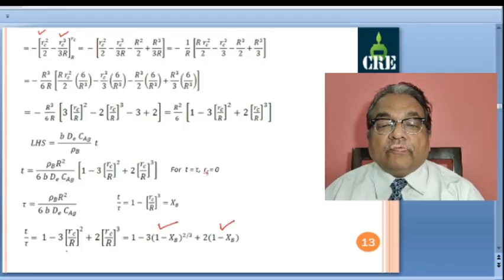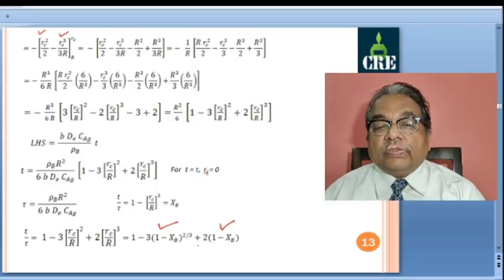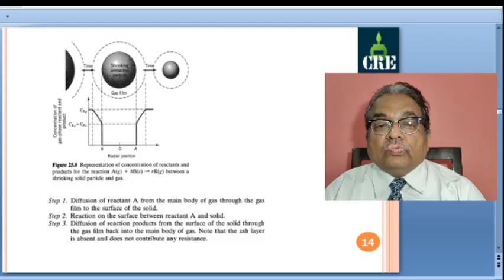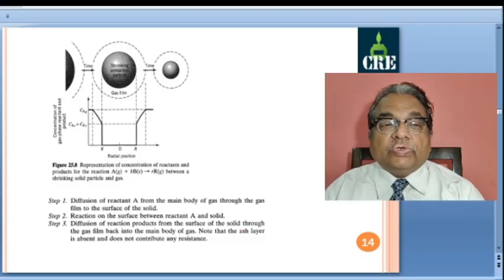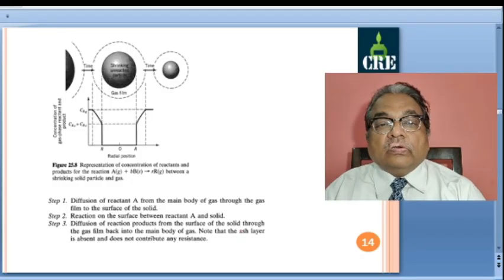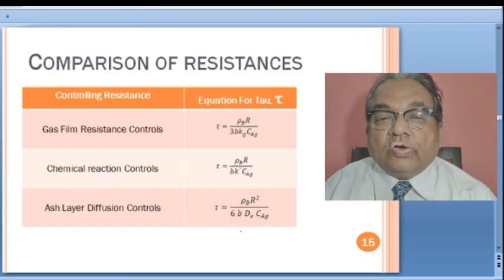So in terms of xb, t by tau is equal to 1 minus 3 into bracket 1 minus xb raised to 2 by 3 plus 2 into bracket simply 1 minus xb. So this is the final expression for ash layer diffusion controlling. Now here